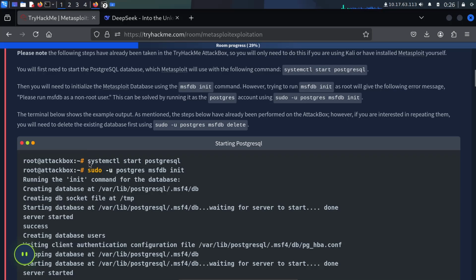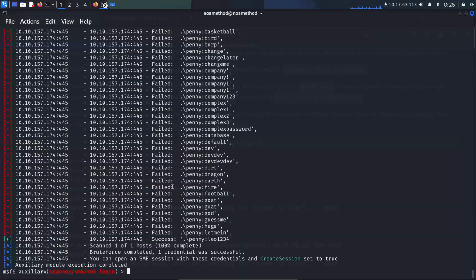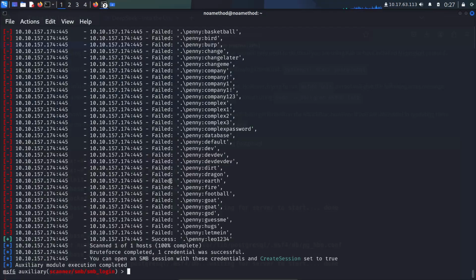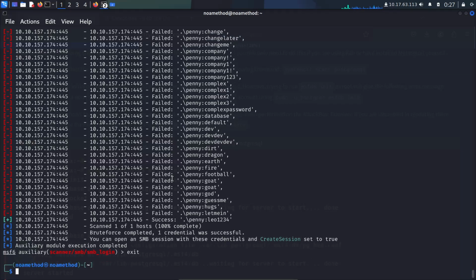We can try this again. systemctl start postgresql. Exit.